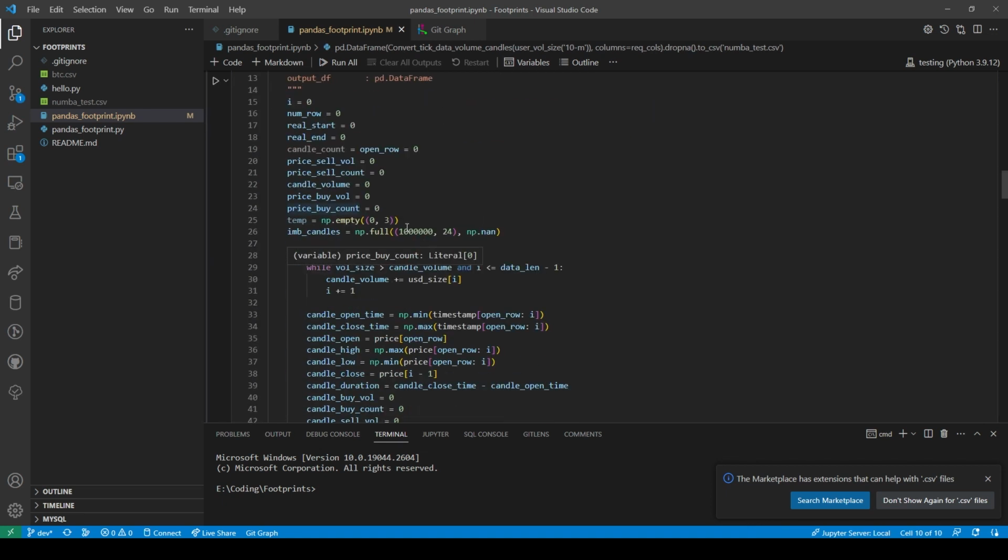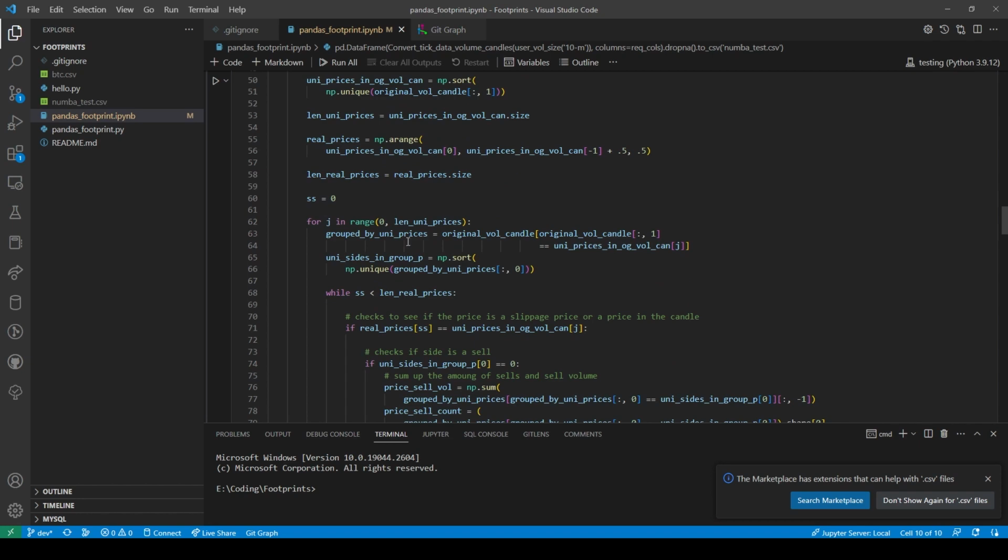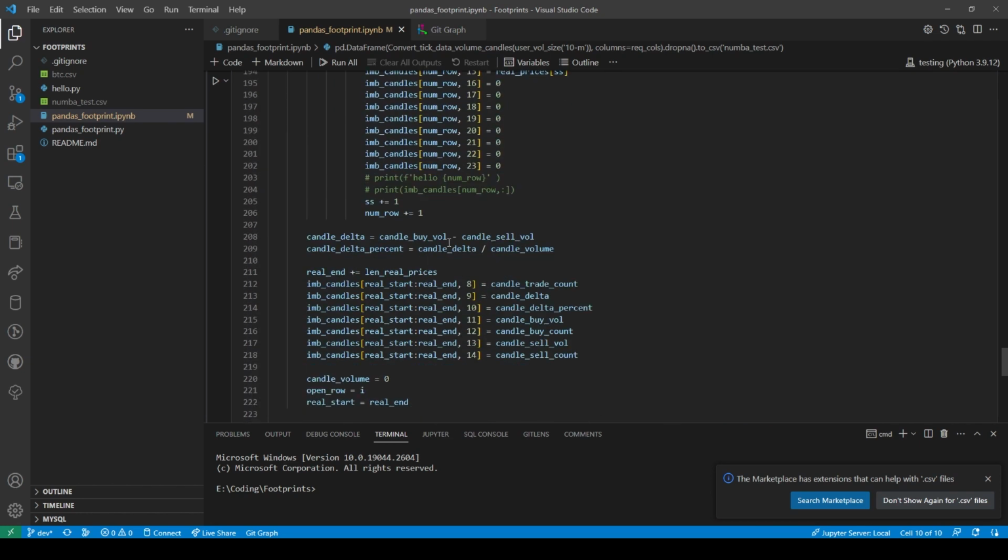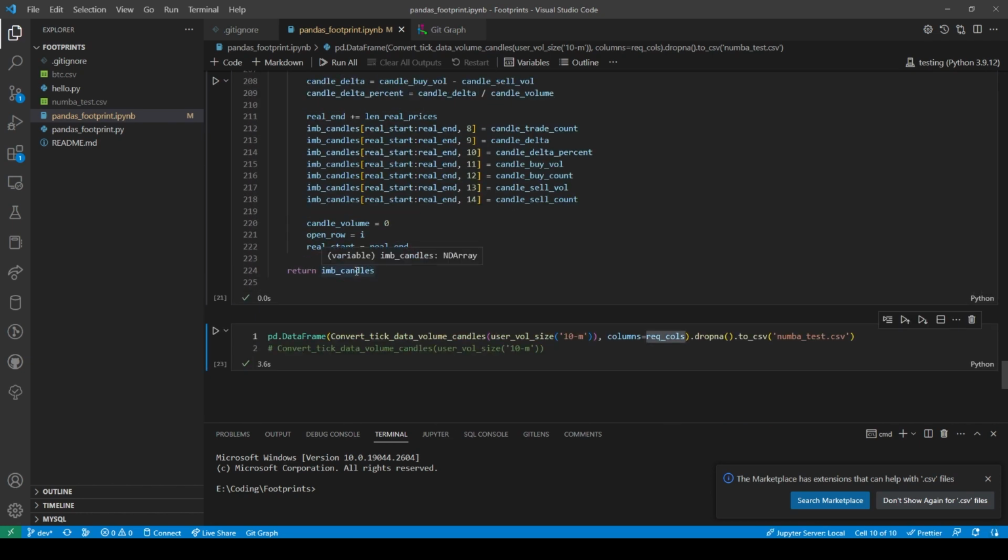Interesting. So here, this IMB candles needs to be an empty, and then when I get all the way down here, I can just kill off all the rows.